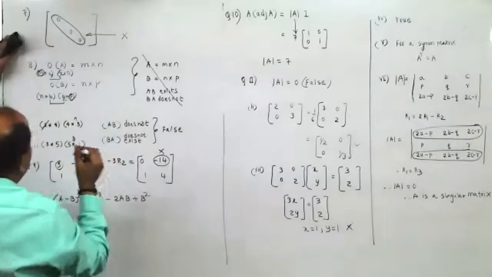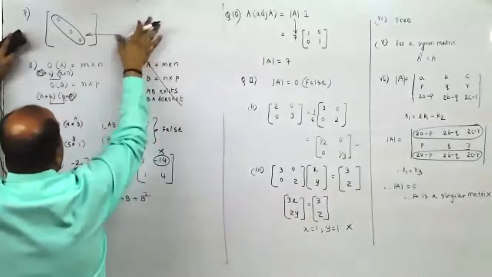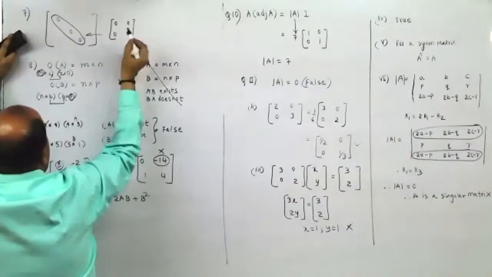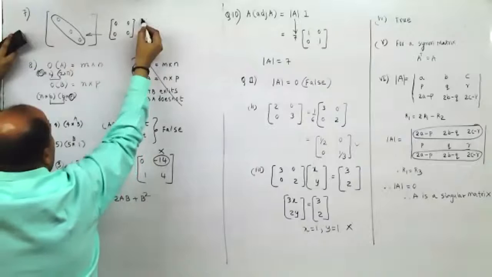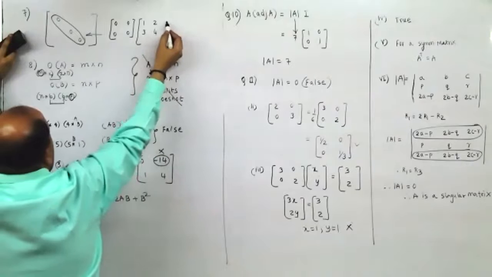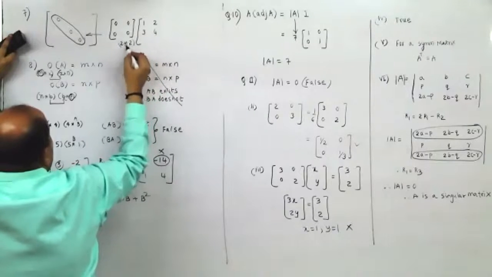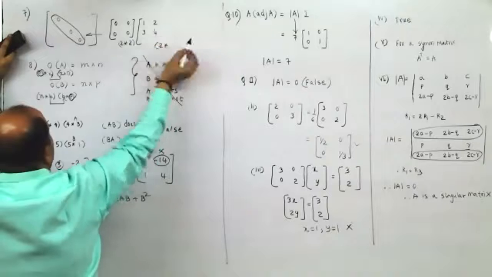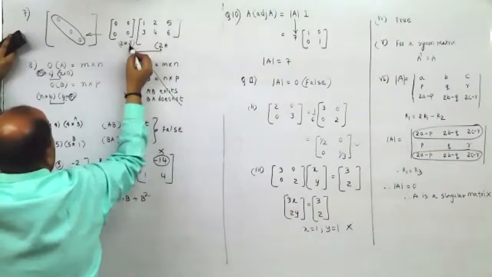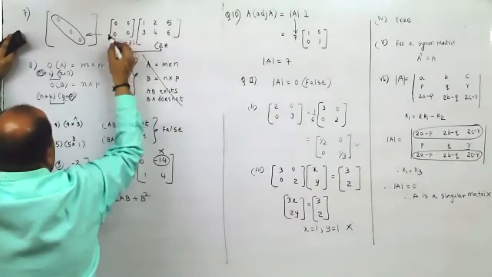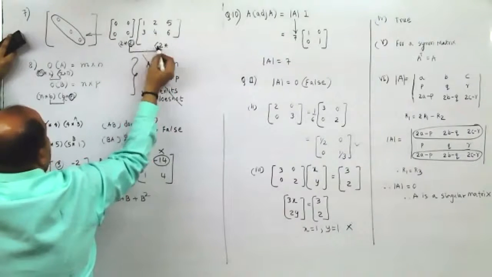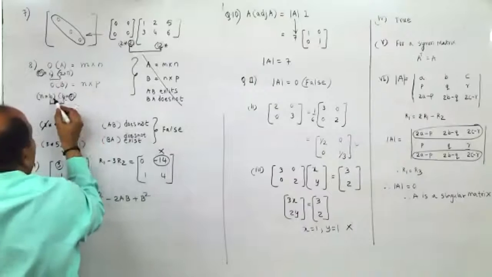Now here, see, O matrix means zero matrix. So it can be 0, 0, 0, 0 here. Followed? Yes, sir. A matrix can be 1, 2, 3, 4, this is 2 by 2. If this is 2 by 2, then this has to be 2 by some number. Say if it is 2 by 3, say 2 rows and 3 columns, then this has to be 3 itself. So this and this number, I assumed as x and x and b and b.